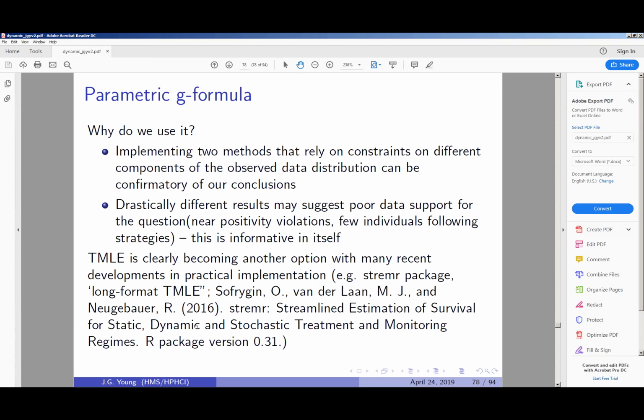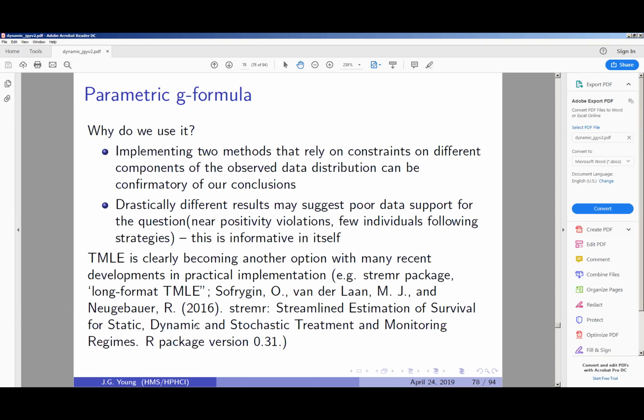So you can implement them in different ways, as we just showed with IPW, and the same holds for TMLE, under, say, marginal structural models or other assumptions, like pooled over time models for the weights, for example, that make more assumptions. Those methods are going to tend to be more honest with you when you just don't have the data to answer the question. Whereas the parametric G formula is going to tend to be pretty stable unless you are really, really flexible with your modeling.